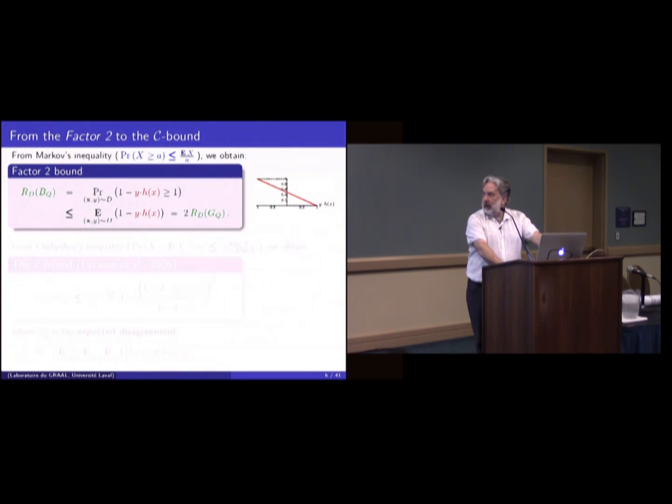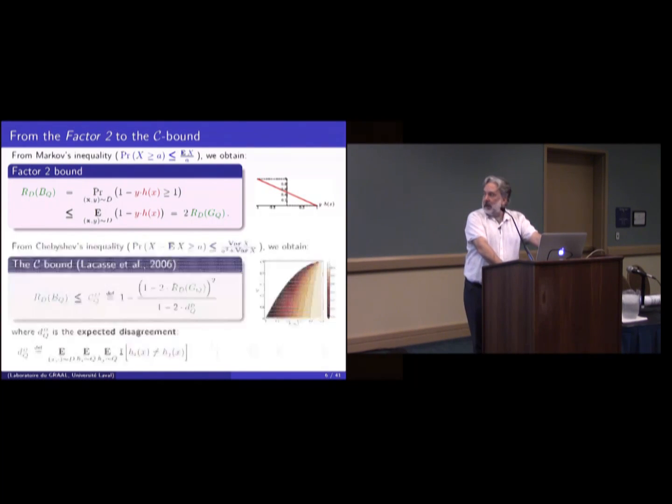Basically, you can see it in many different ways, but one interesting way is that it's a direct application of the Markov inequality. And this is interesting because then you can say, well, I'm not happy with this factor of 2, because 2 times something that is not good is very bad. So there's a way to have a tighter upper bound on the majority vote, given not only the Gibbs classifier, but also what we call the disagreement. And it is based on the Cantelli-Chebyshev inequality.